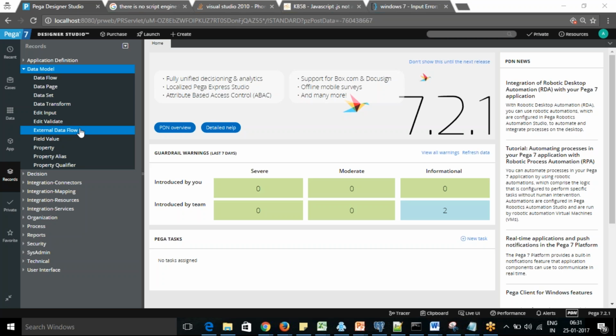Data transform rule is a rule that in earlier versions of Pega was called the model rule. In earlier versions, data transform was named as model rule, but with Pega 6 it was named as data transform rule. This is mainly used to initialize values.